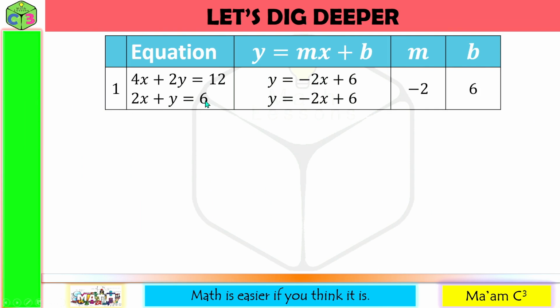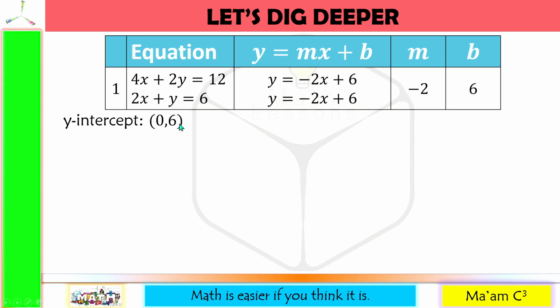For the first one, we found out that we are actually dealing with the same line. So let us try to substitute ordered pairs that will satisfy both equations. Since we are dealing with the same equation, let me try first the y-intercept. To do that, I will set x equal to 0, so y is equal to 6. So the y-intercept is (0, 6).